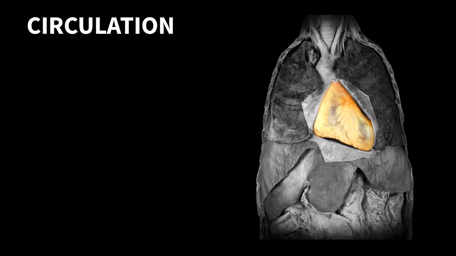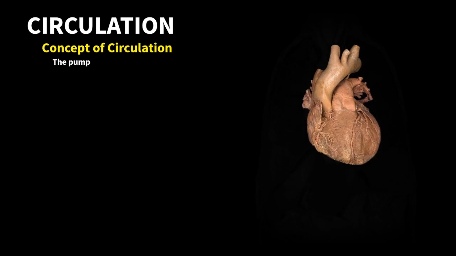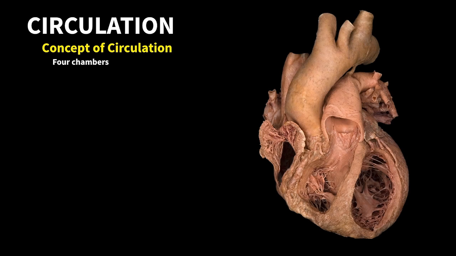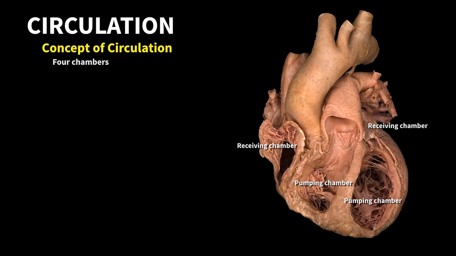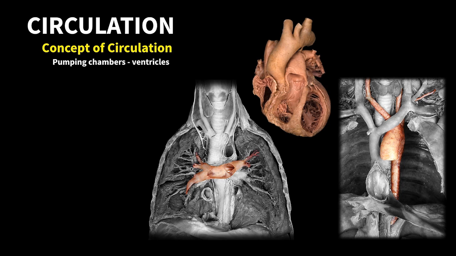Situated in the center of the thorax is the pump, the heart. This is a dual self-regulating muscular pump that drives the blood throughout the body. The pump is divided into 4 chambers, 2 pumping chambers and 2 receiving chambers. The right pumping chamber, the right ventricle, pumps blood containing carbon dioxide into vessels that carry blood away from the